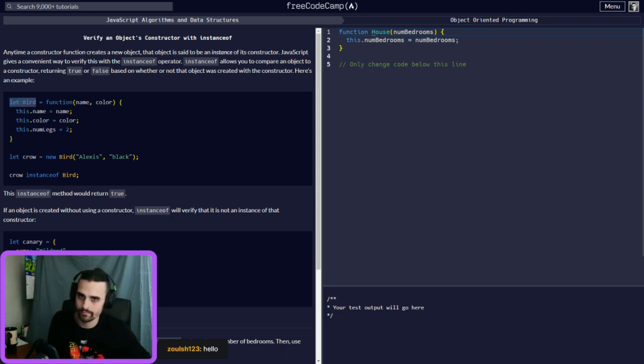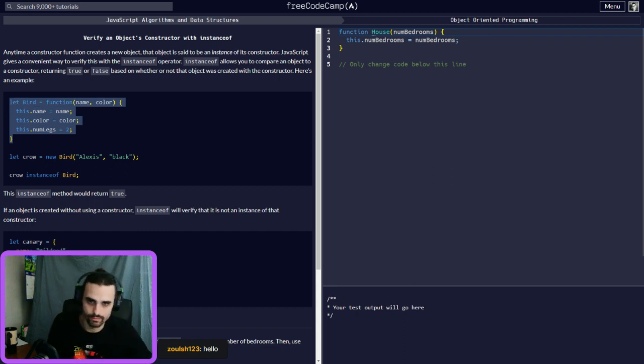So don't get tripped up. Don't think, hey, this is weird and this is different. It's really not. It's pretty much the same thing. You're just assigning it to this variable instead of giving the function its own name. Now, it's saying let crow equal new Bird, right? This is a constructor, as you already know.